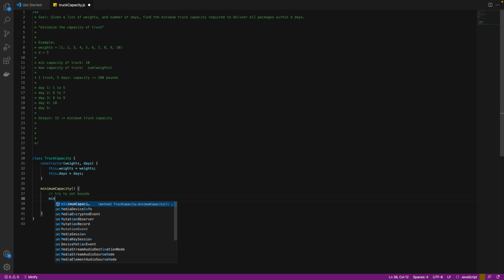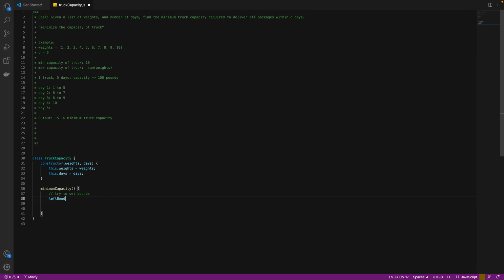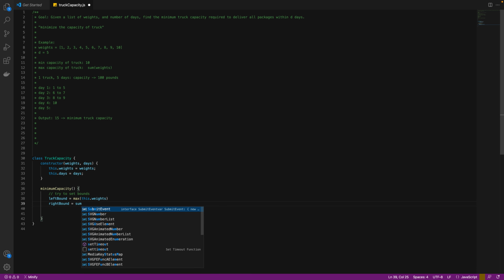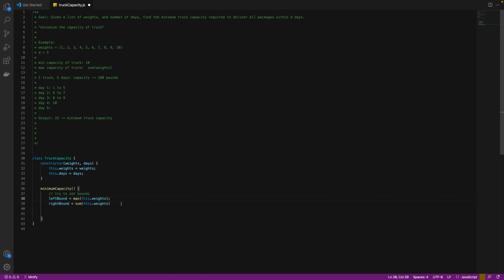So our left bound will be the max of weights, and the right bound will be the sum of weights, right? So we have got our left bound, we have got our right bound,